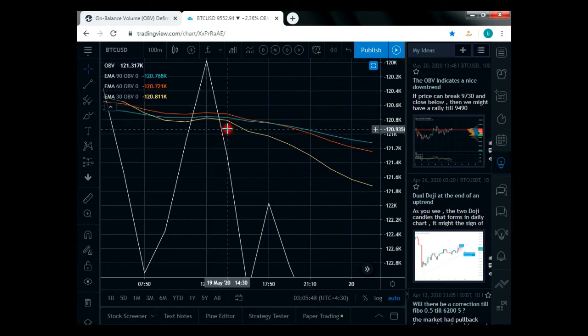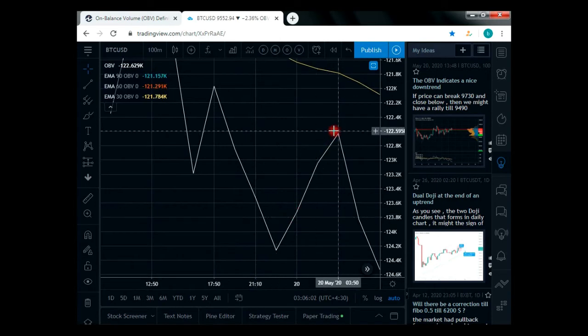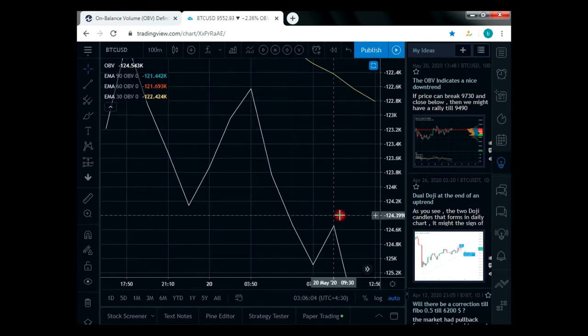And here we got the unbalanced volume crest down toward all of these moving averages, and as you can see, it pulls back and falls, it pulls back and falls until